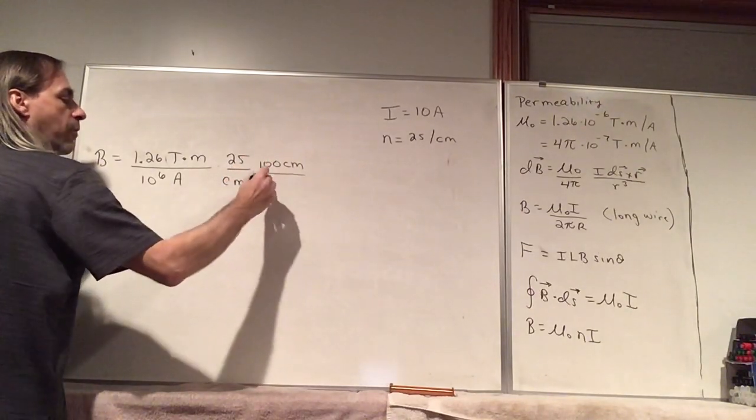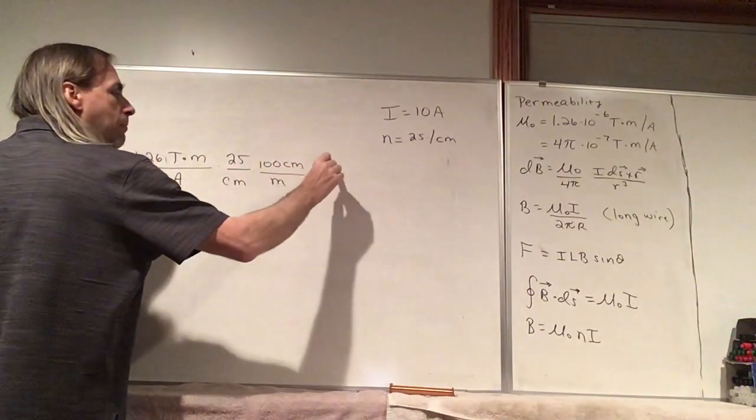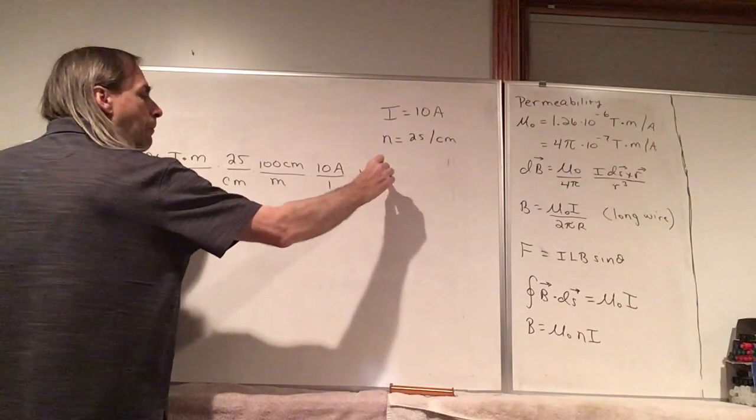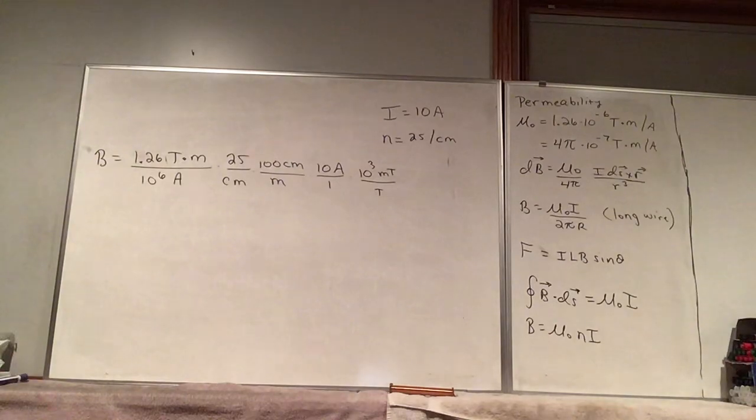So let's convert to meters. And then the current is 10 amps. And let's say there's 1,000 milliteslas in a Tesla. And then this is a very easy calculation